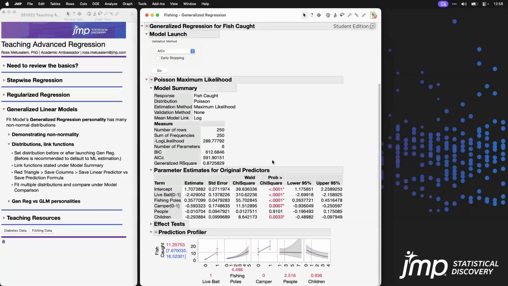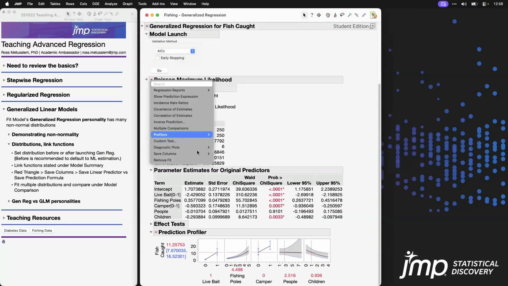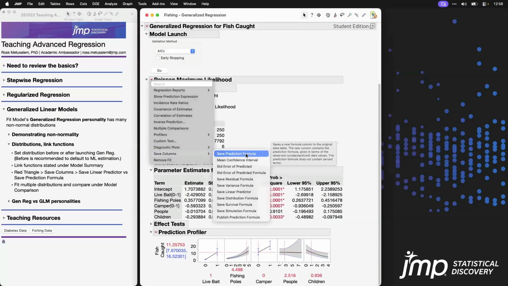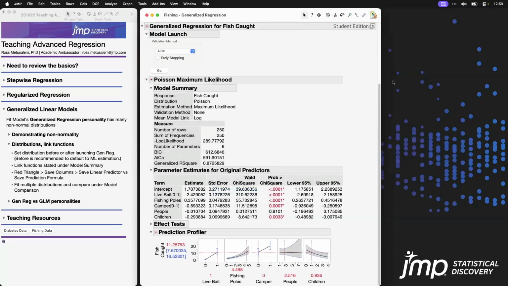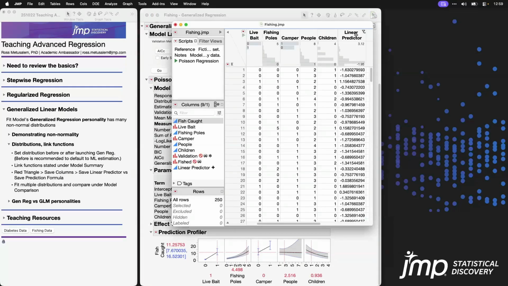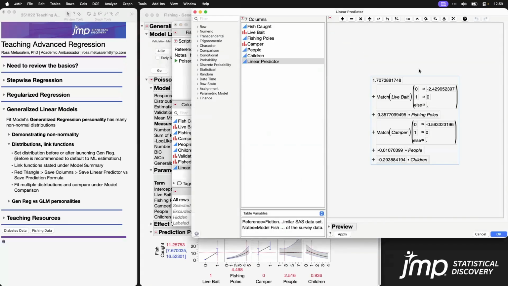Now, just a couple quick things to note. Again, if you're teaching this, you're probably focusing on the link function to some degree. That's going to be reported right here under model summary. So here we have a log link function. And another thing to note, when talking about the distinction between what the linear predictor spits out and how you need the link function to link it to the response distribution, is that you have the option under the red triangle, if you go to save columns, to save the prediction formula, but also one that I found most folks don't even know is there: you can save the linear predictor itself to your data table. So if I go back, I have a new formula column in my data table that is just